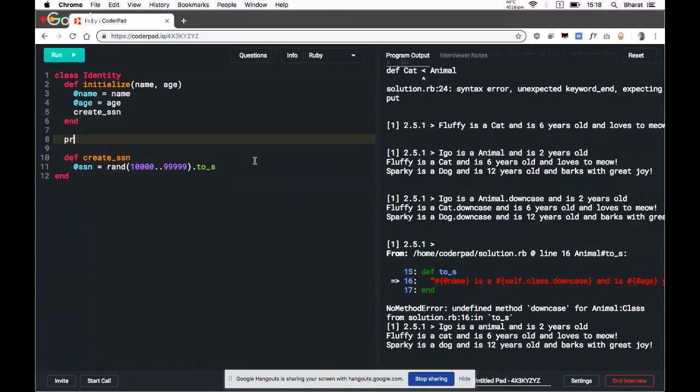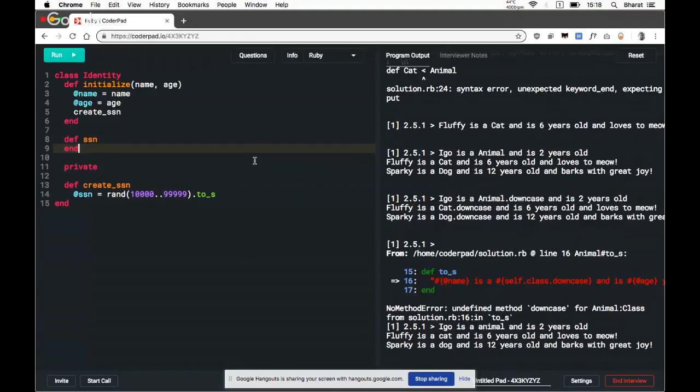Yeah, this is a private method, and it's my public interface revealing however much of the social security number I actually want to reveal.